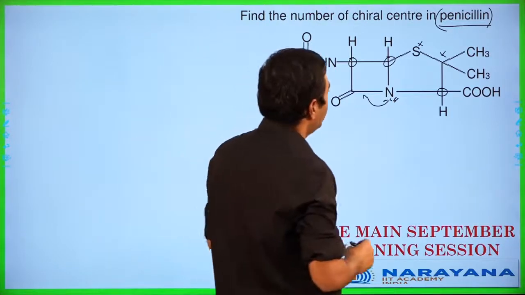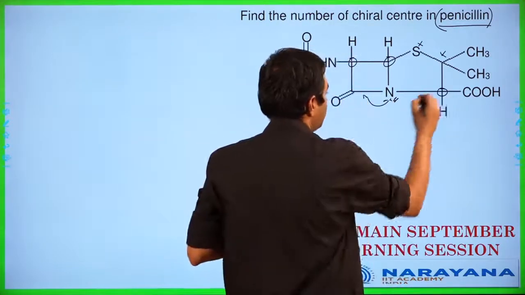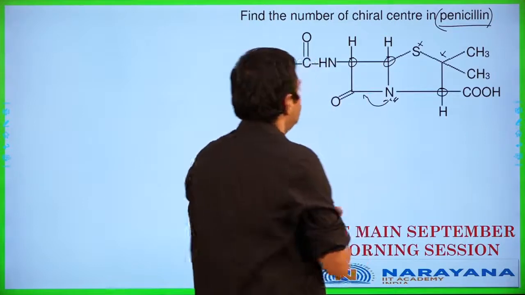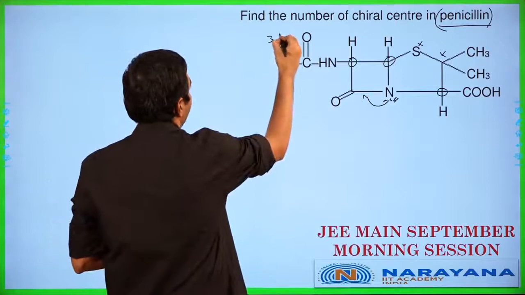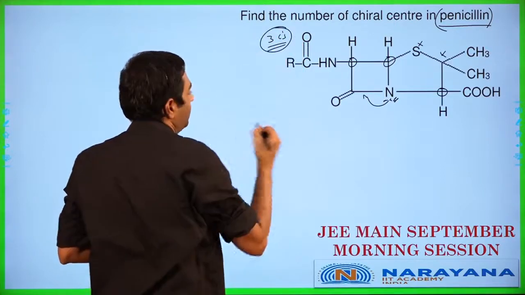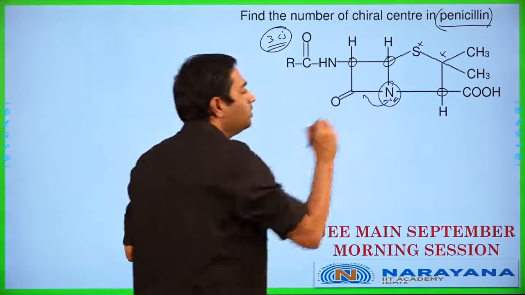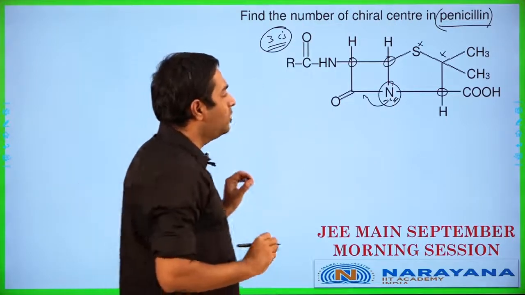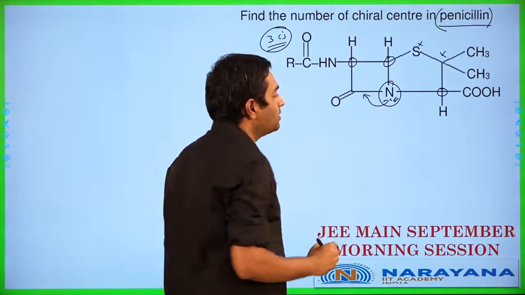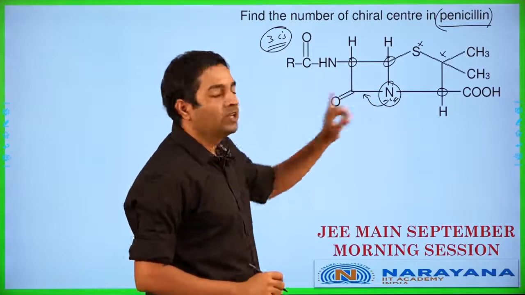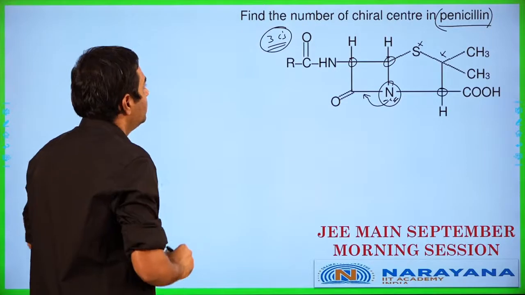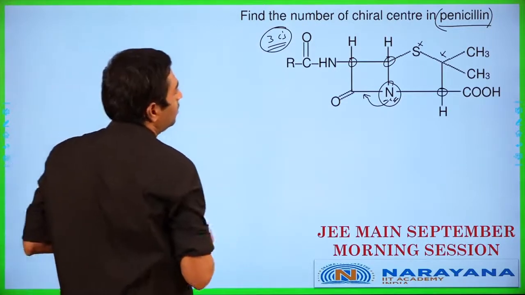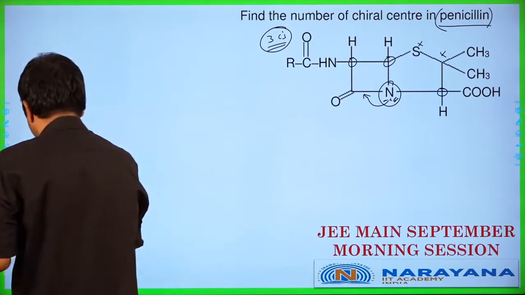So finding the number of chiral centers here, we have this as a structure, so this is one of them, this is one of them, this is one of them. So we end up having 3 locations applicable in this case. So we have 3 carbons which are going to be chiral in this particular case. If we have to include the nitrogen also, this particular nitrogen over here is going to be an ambiguous location. Why is it ambiguous? Because it's going to be in resonance with the C double bond O. So it is not going to be considered as a chiral location in this particular case here. Now, this is going to be the question for penicillin number of chiral centers. Let's get to the next one.